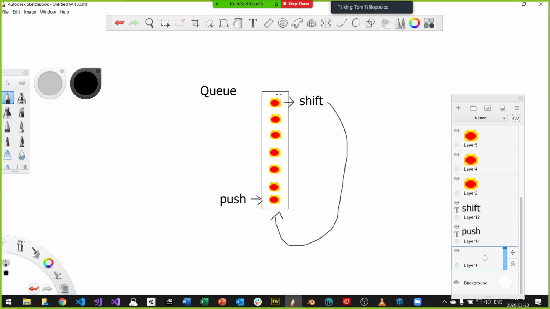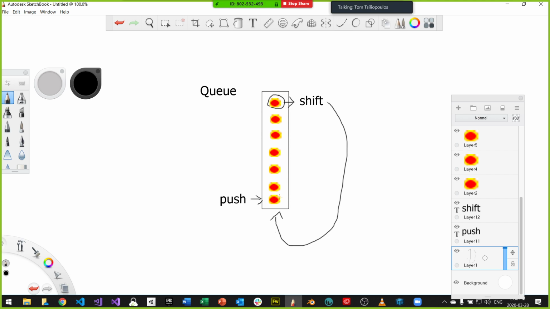The only bullet that I'm going to use is the one at the top of the queue, this one, every single time. I don't care about the bullets in the middle. When I shift it out of the queue, I'm going to set it to active. When I put it back into the queue, it's going to be inactive. So the only ones that are going to really update are the ones that are in flight, the ones that I've put to the bottom of the queue.